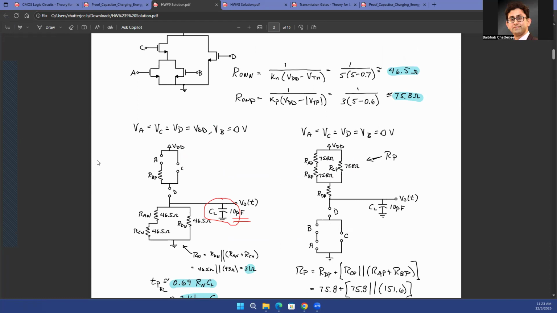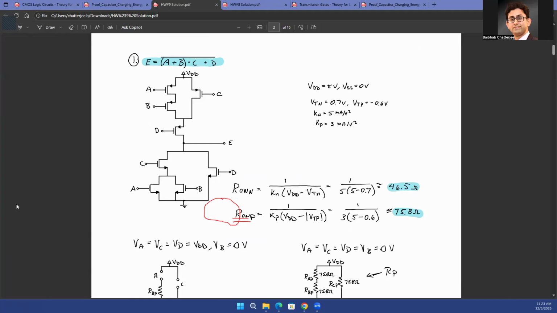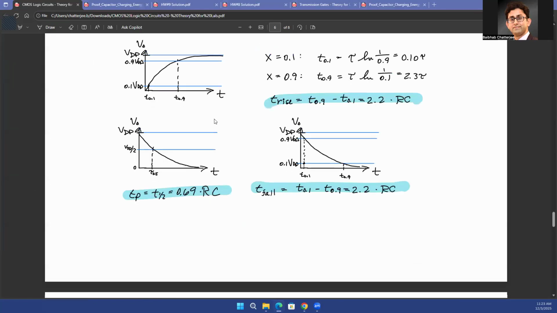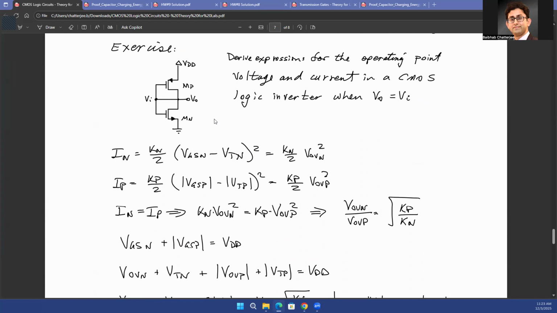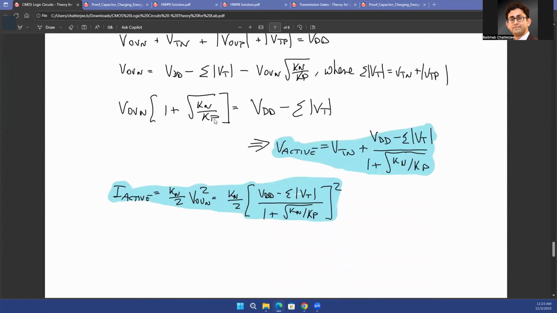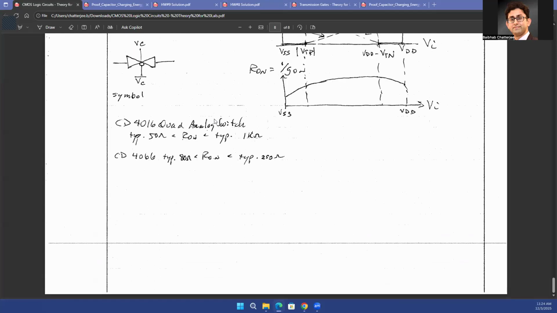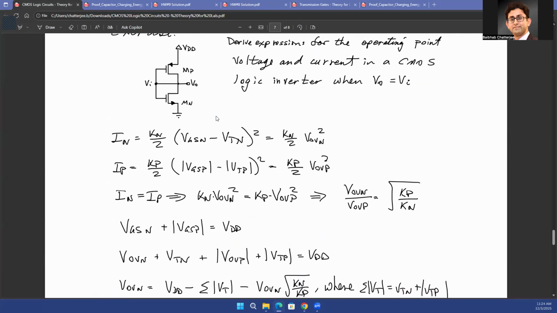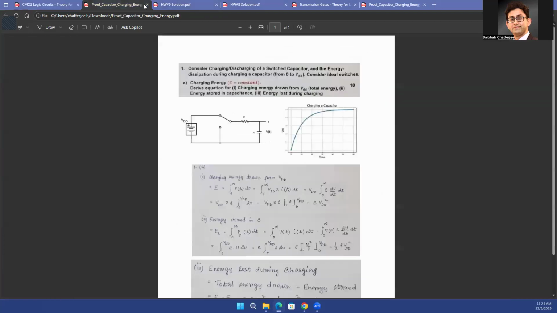Again, this is something we have learned before, but maybe we can just revisit that a little bit. Remember that the transistors, when they are on, they are in triode. When we are learning about analog circuit, we always consider the saturation equation. That is current equal to K over 2 times V overdrive squared. On the other hand, if you look into the triode equation, it will be slightly different. For the triode equation, let me see if I can draw it here, or I can just derive it. Okay. So for the equation for triode,